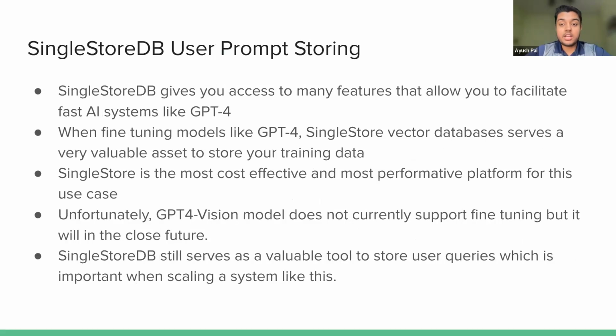And then, as we explore the capability of SingleStore DB in our AI ecosystem, it's imperative to recognize its role in enhancing the performance of AI systems like GPT-4. SingleStore DB facilitates rapid access to data, a feature crucial for the swift responses expected from AI models in real time. And when it comes to fine-tuning high-caliber models such as GPT-4, SingleStore's vector databases are really invaluable, providing a robust platform to store really large training data sets of vectors. This ensures that as the model learns and evolves, it has a solid database and infrastructure to support